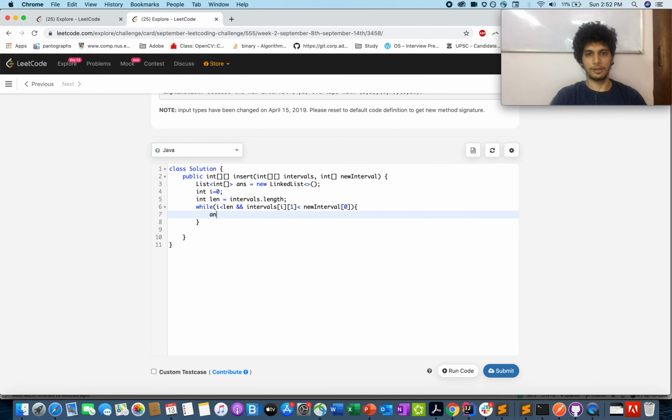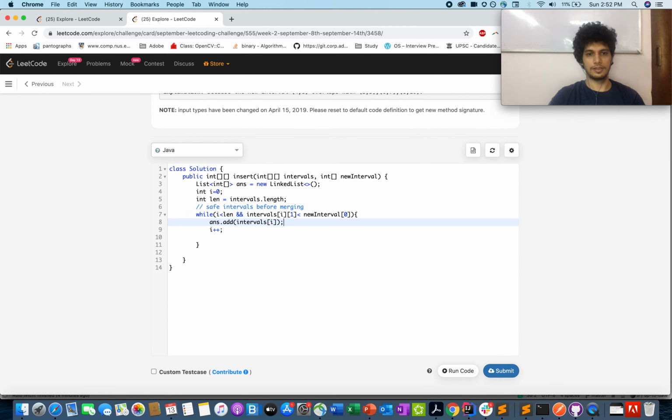You simply add it to your result. Ans dot add intervals of I plus plus. These are the safe intervals before merging. Now let's do the merging part.